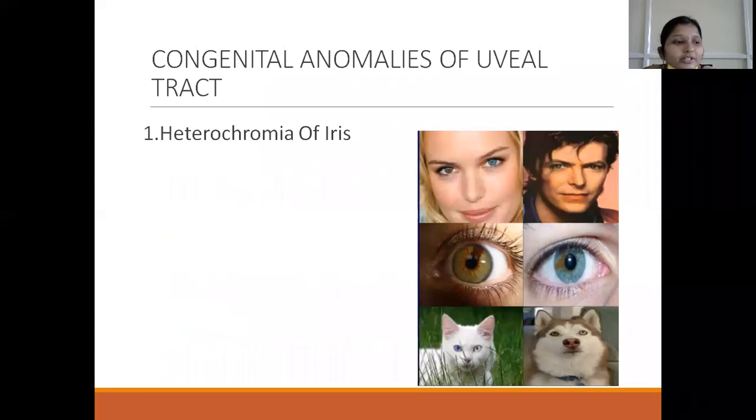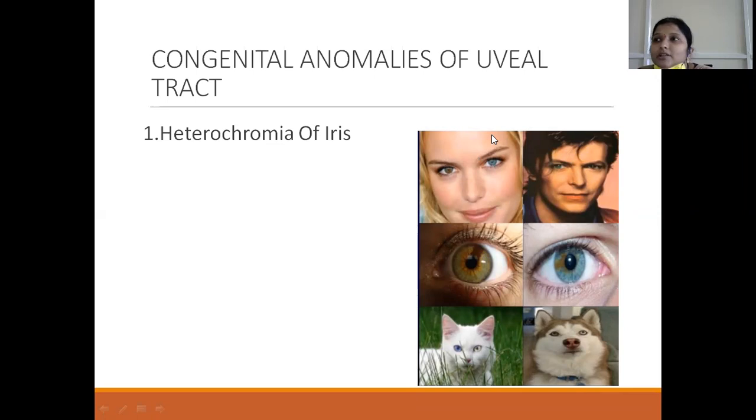Next, coming to congenital anomalies. So the various congenital anomalies are heterochromia of the iris. So what you can see in this picture: one color in one eye, the iris is blue in color. In the other, it is brown in color. So this is called heterochromia iridum. That is, the color of one iris differs from the color of the other iris. What is this known as? Heterochromia iridis. Here you see one sector of the iris is different in color from the remaining part of the iris. So this is called heterochromia iridis.